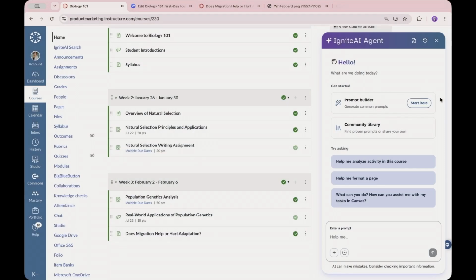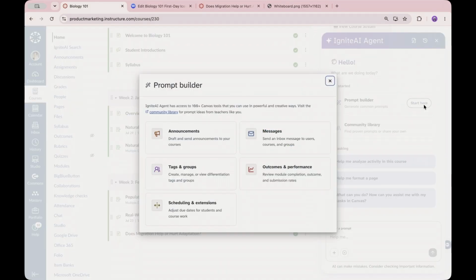Now, one other thing we've heard from people getting started with the agent is that they sometimes don't know how to best prompt it to get the results they want. And so they have this challenge where their productivity, which is a key selling point of the agent, may be hampered a little bit because they're not as familiar with the tool as they'd like to be. So we're also adding this new prompt builder, which captures common workflows and exposes them in a wizard-style interface, which